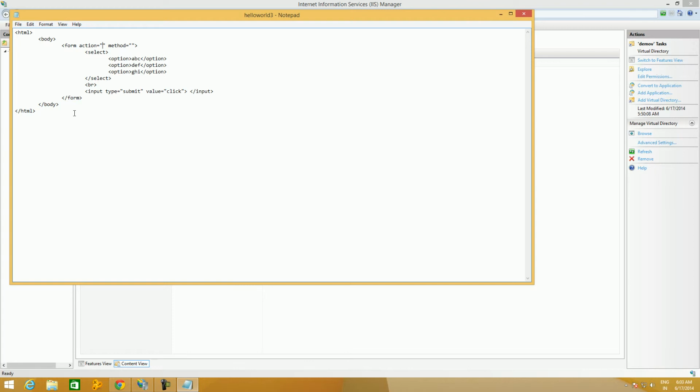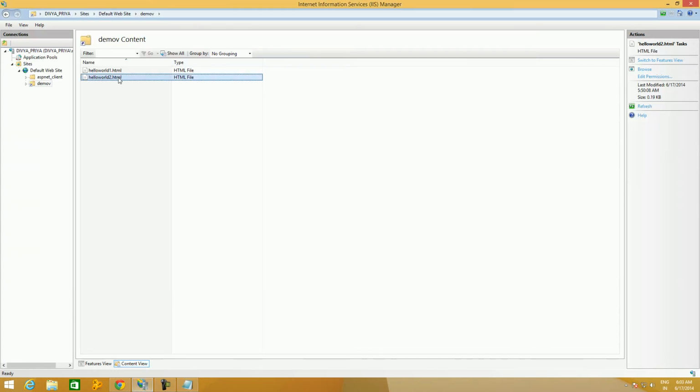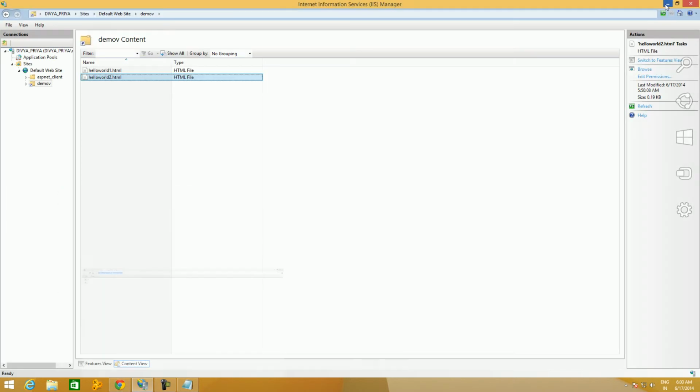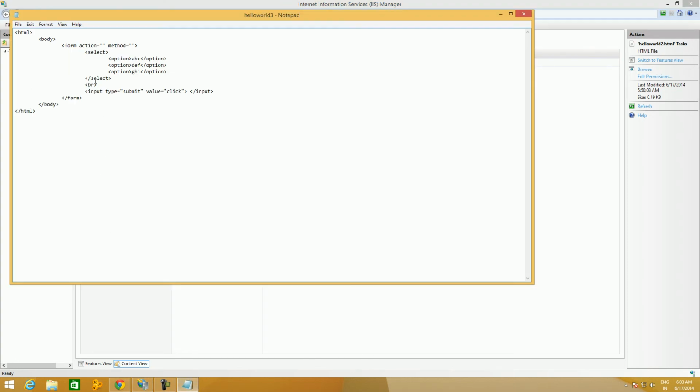Since we cannot remember the URL, we'll open IIS, open the previous HTML file, and browse it. Let us copy the URL of the previous file. Let us close this. Now paste the URL here. Let us rename this helloworld2 to helloworld3. So the action attribute specifies the URL of the web page to which the form contents should be posted,